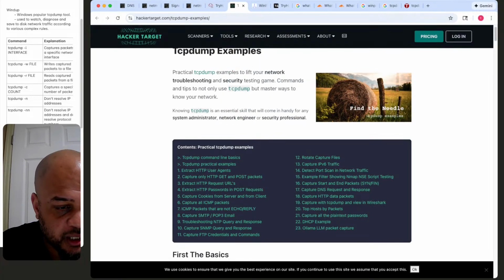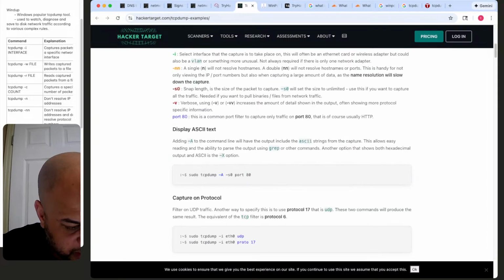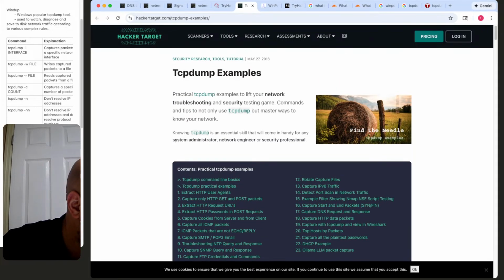But I did want to take a look at this security research tool tutorial, TCP dump examples. Now this is a bit dated, so I hope it doesn't appear to be too much that's changed from what I just learned and what it currently has displayed now. But we're going to read through it and just make sure